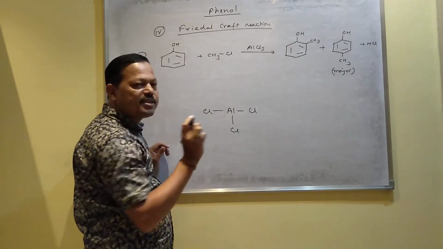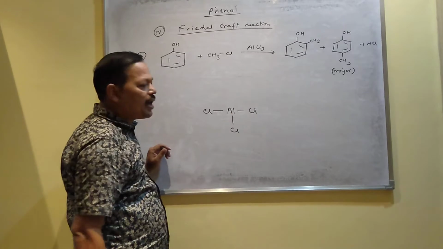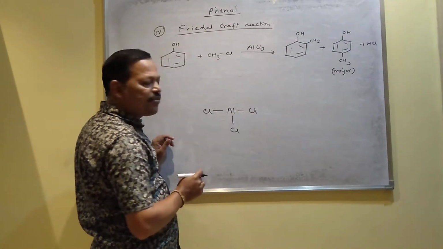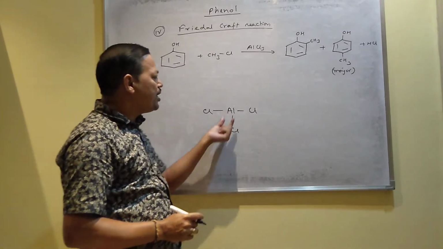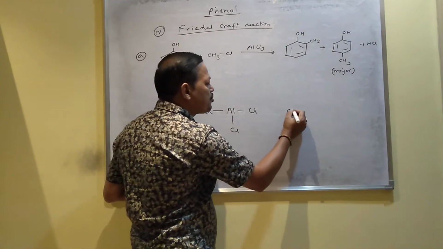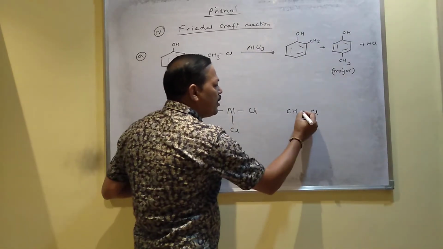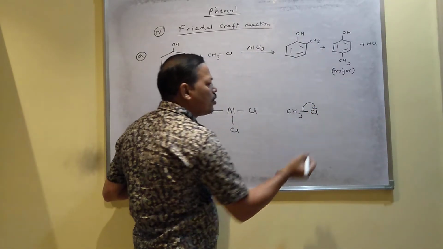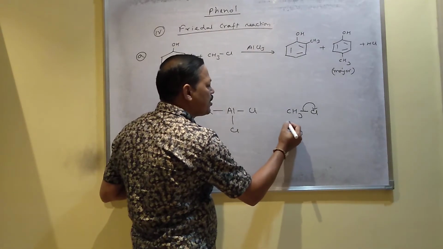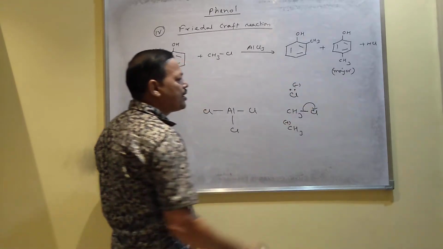It has the deficiency of 2 electrons, and due to deficiency of 2 electrons, this type of molecule acts as Lewis acid, you know. So this molecule has electron deficiency, and that is why it has the tendency to take 2 electrons. That is why when it combines with CH3Cl, it will break this molecule like this, heterolytic breaking, and CH3 will be plus, and Cl, by taking 2 electrons from the bond, becomes minus.